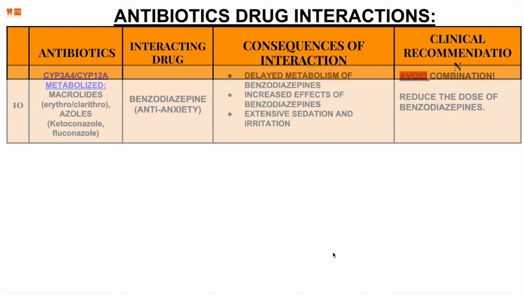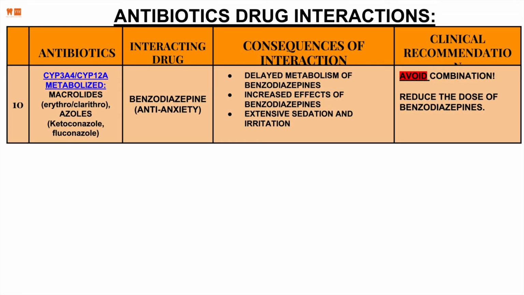Next page, we have CYP3A4 or CYP12A metabolized macrolides and azoles. Now, azoles are antifungals. I know they're not antibiotics, but they fall under the same group. Now, oh my God, so what is this, right? We have various different types of enzymes in the liver. They're known as, say, cytochrome P3A4, cytochrome P12A. For example, these enzymes are responsible for metabolizing macrolides and azoles, right? So when these are metabolized, and you're adding another drug that affects the same enzyme, we will have interactions and